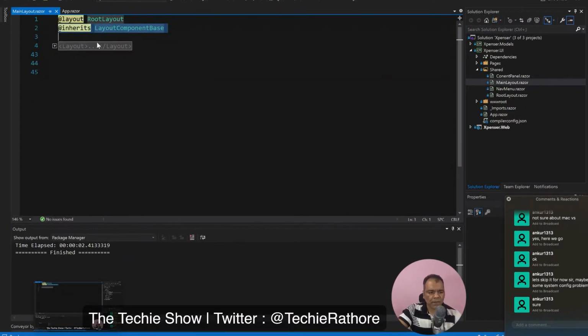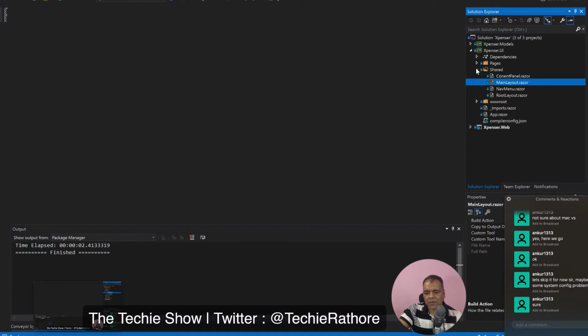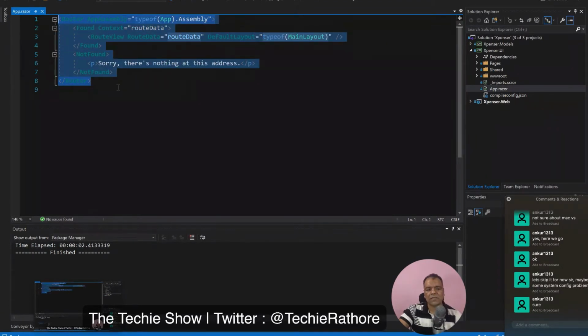Okay, and I'll explain this source code later on, but let's understand the pages one by one. So as I said, first one, this app.razor. This is the main page, app.razor, which is the router, which basically runs this thing and holds all the base. It's kind of the base of the Blazor application, which holds the application.